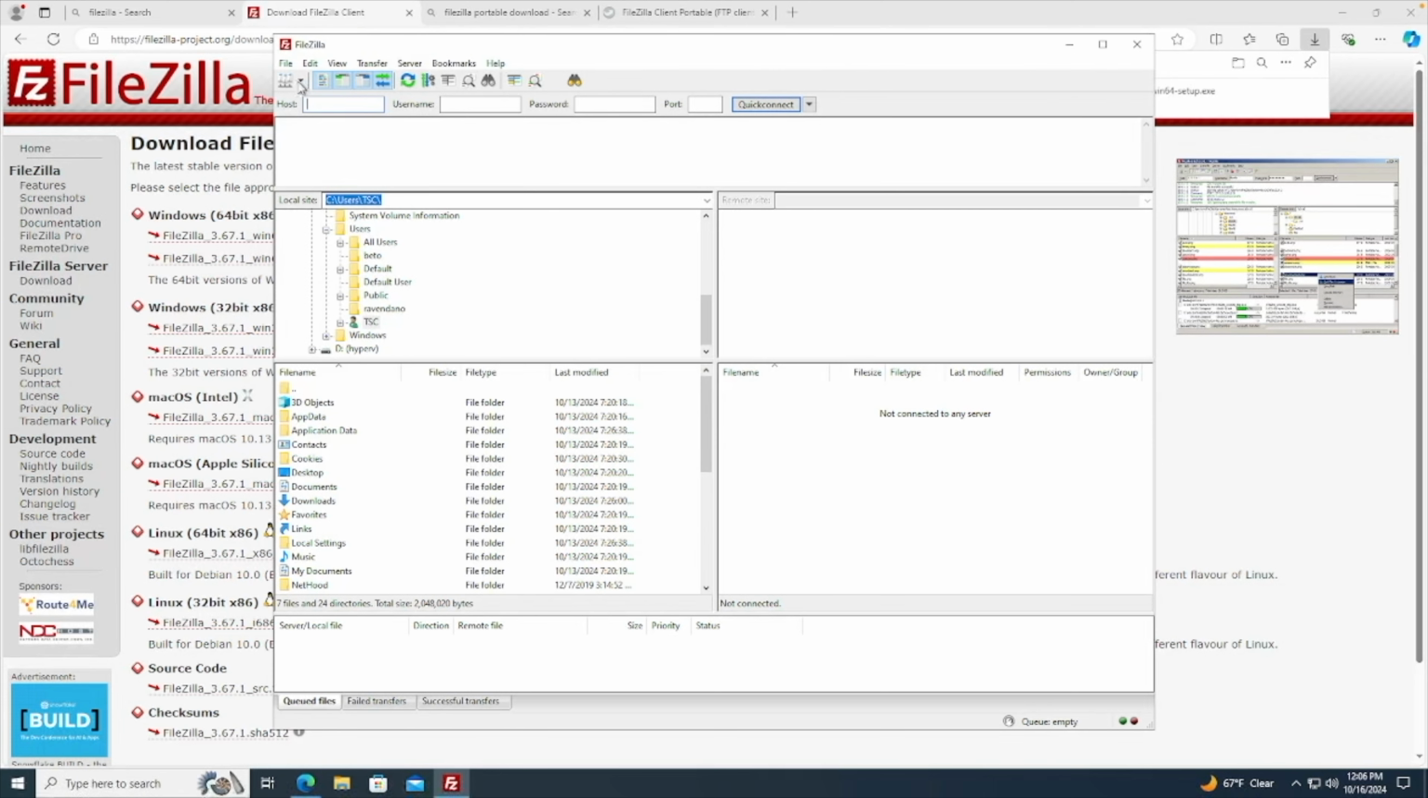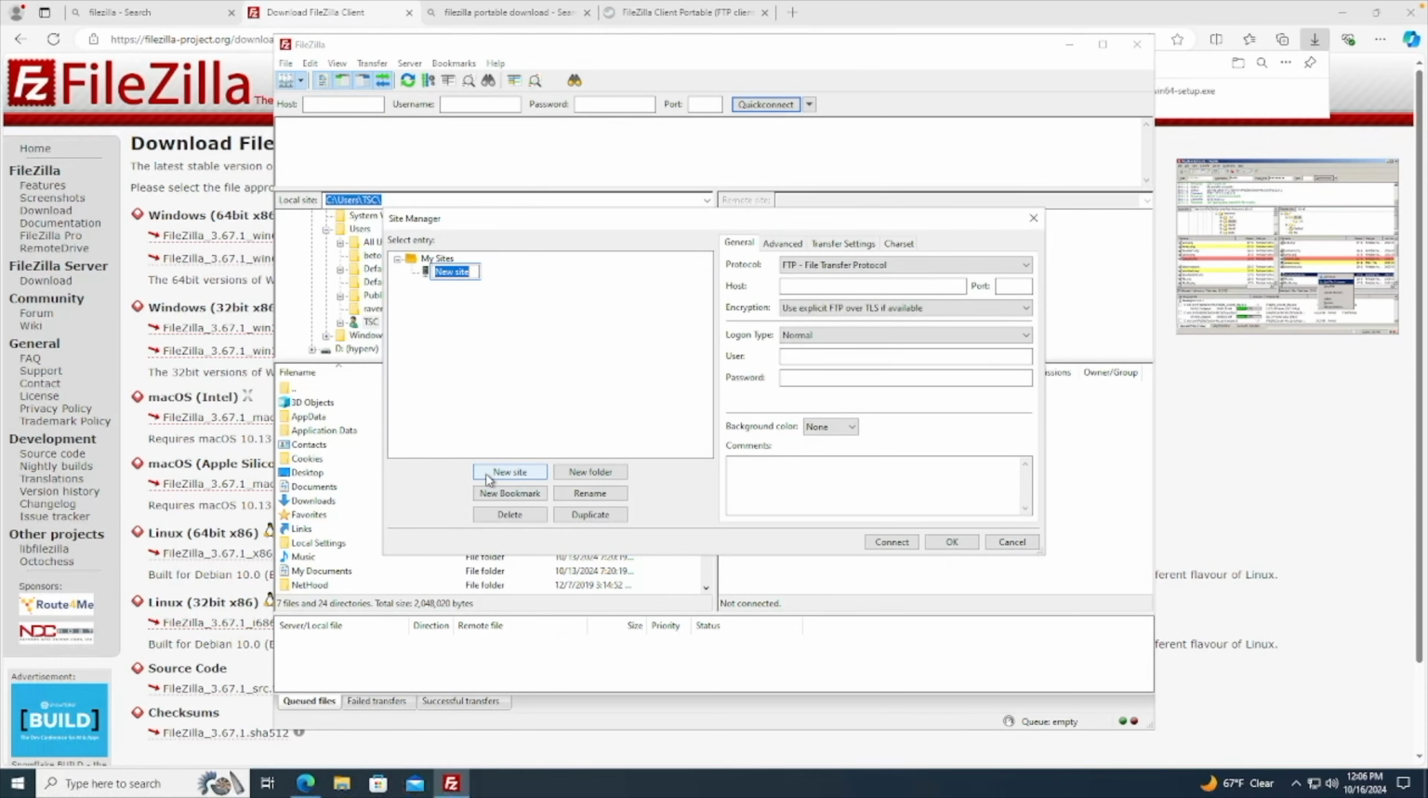Open Filezilla. You can either click on File, Site Manager, or you can click on the Open Site Manager icon on the top left corner. Click on New Site, and let's give our site, or in this case our connection, a name. So I'm going to call it Web Design. You can call it whatever you want. In this case, we are going to use SFTP,